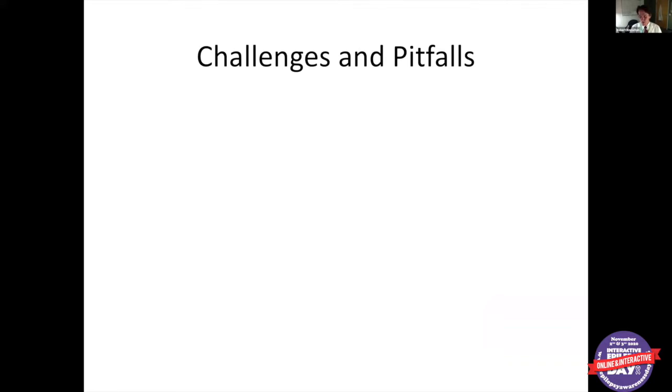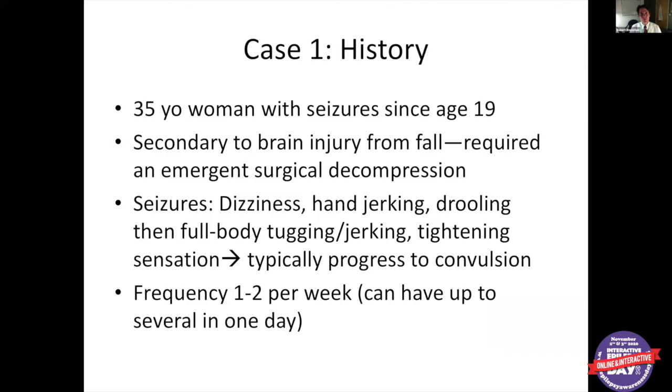So anyway, now I'm going to go into showing you some examples of challenging cases where there are very difficult and humbling scenarios, but still worth the challenge. First patient, this is a